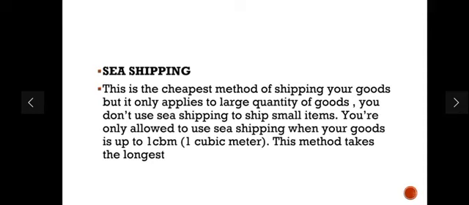When you're buying large equipment, like a washing machine, or you're buying goods in bulk, that is where sea shipping is usually good. You are only allowed to use sea shipping when your goods take up to 1 cubic meter. This method takes the longest. I'm sure that most of us know how to calculate 1 cubic meter. You could